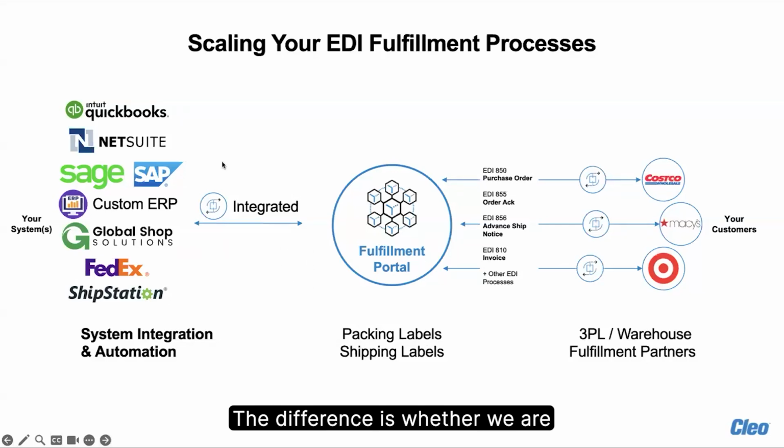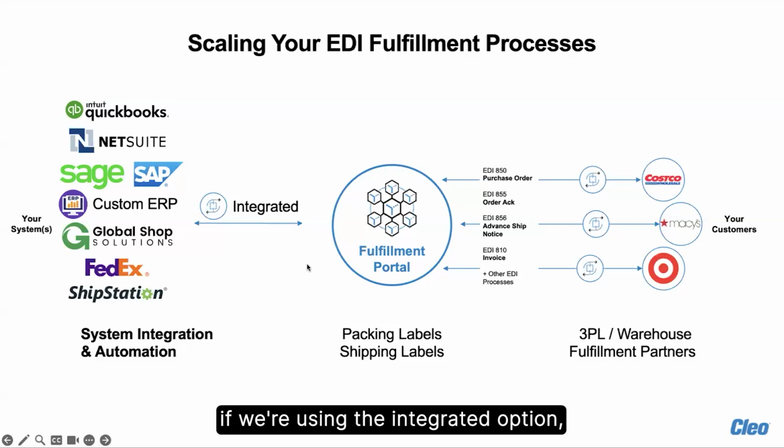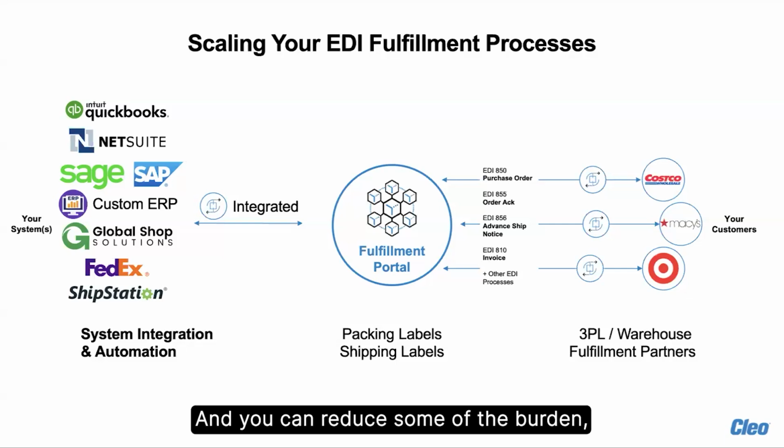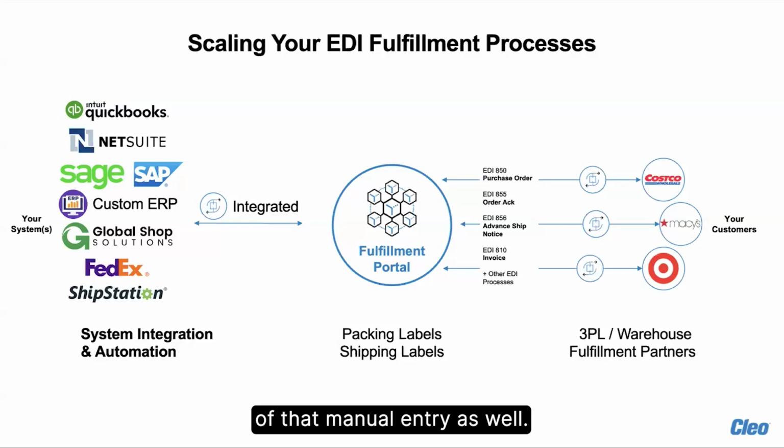The difference is that if we use the integrated option, it is an automated flow to and from your backend. So in that case, you don't have to be manually keying in data. You don't have to worry about fat fingering an extra key or an extra value into a field that isn't supposed to be there. And you can reduce some of the burden of that manual entry as well,